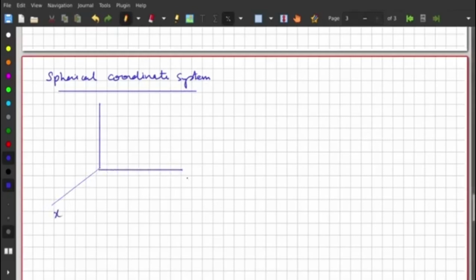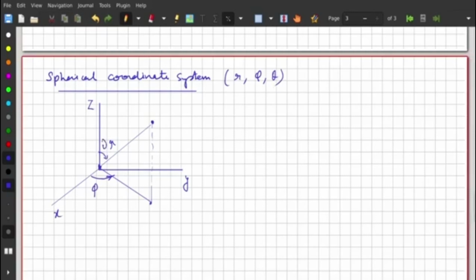So this is x, y, z, and any arbitrary point P, and in spherical polar coordinates this is given by r, the projection of that on the xy plane, and this is the azimuth phi. So in this system we have r, phi, and theta, the zenith, and this is theta. If you draw the elementary volume in this coordinate system, it will look like